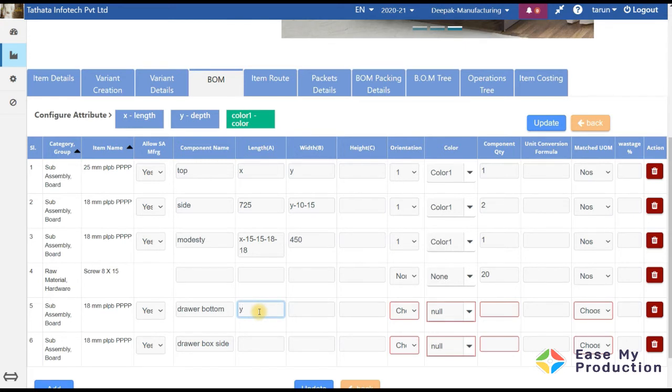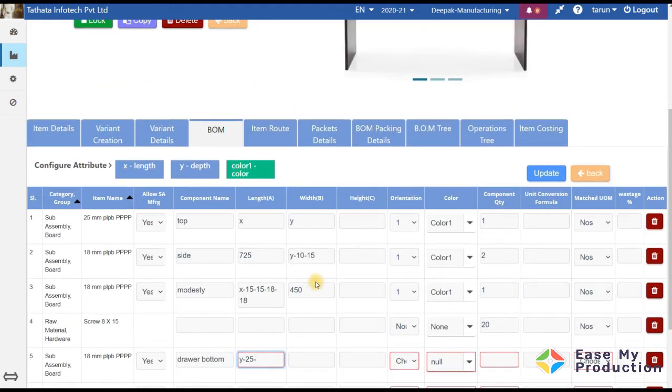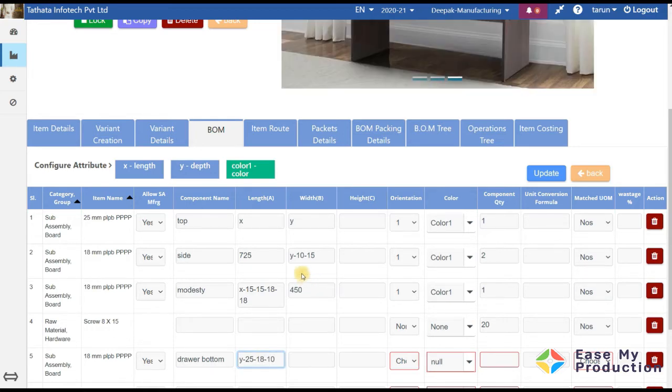Why? And my sides were 25 mm short, and then we give for the thickness minus 25, then the thickness of the modesty, and then 10 mm relief from the front.